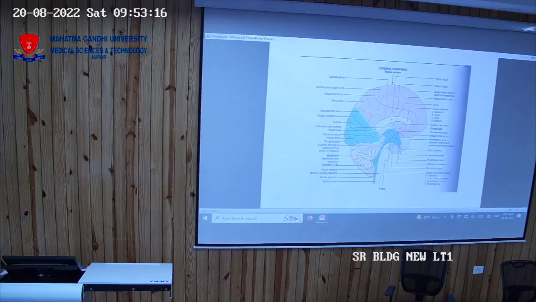Olfactive area, I have told you, that is area number 28. And this is the part, look here, the part of the corpus callosum, and above that is the cingulate gyrus. So the cingulate gyrus and a smaller part of the medial frontal gyrus, and posteriorly downward, it is the part